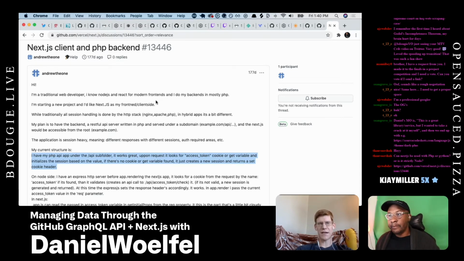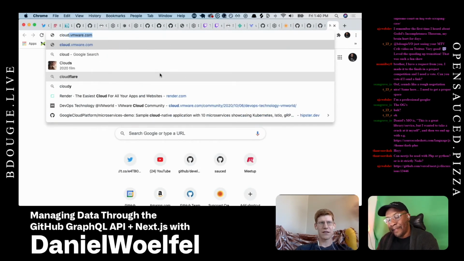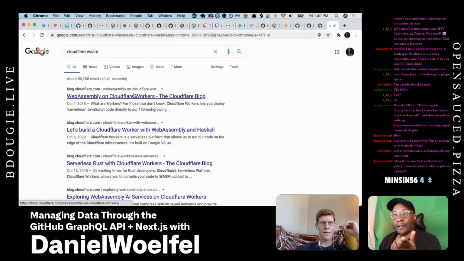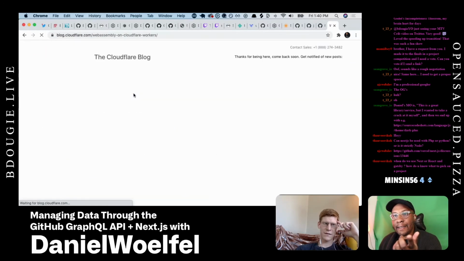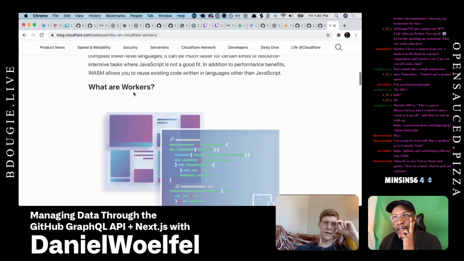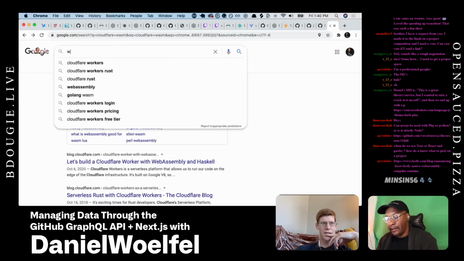I am excited about the stuff coming out of Cloudflare and Fastly though, because they're running WASM code. Yeah, that's the Cloudflare, I forgot what the name of that is. The workers. Yes, the workers. But they have an open source project that's powering all this stuff. Oh, Wrangler. Yeah, I think it's Wrangler.